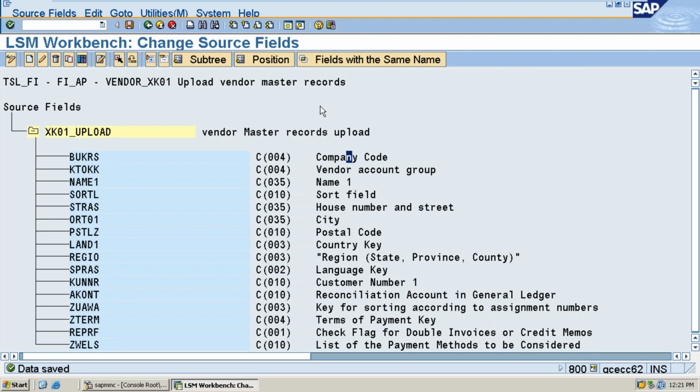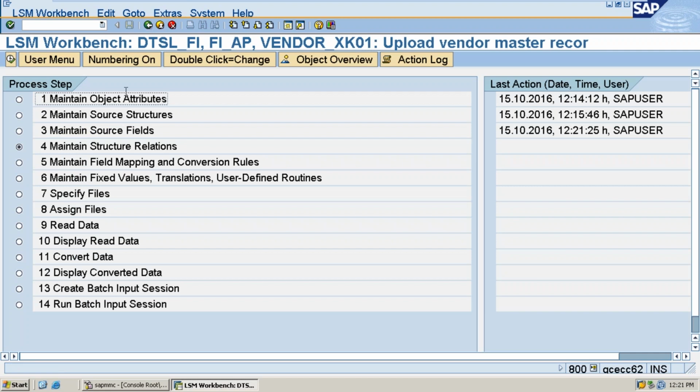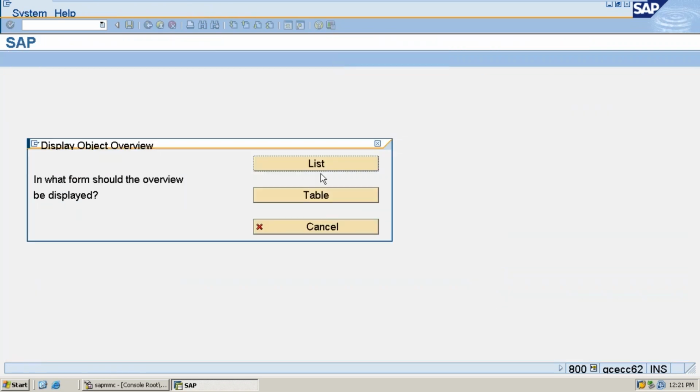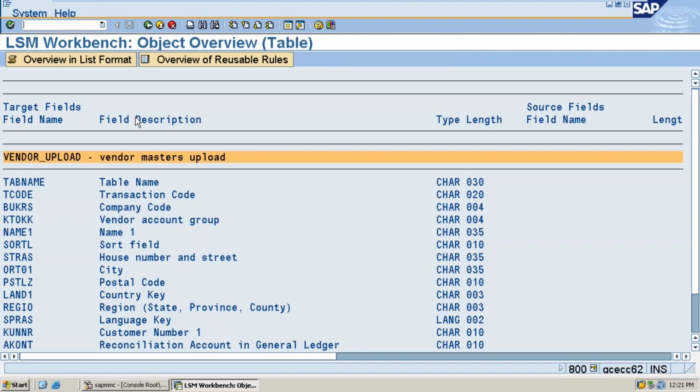What are all the codes left? Okay, I'll show you. See, the first step is over, so the third step is also over, right? It automatically moves to the third step. If you want to know how to do it once again, it is very simple. Once you move to the third step, go to the second object. Then select the object overview, click on the table, then download the data.